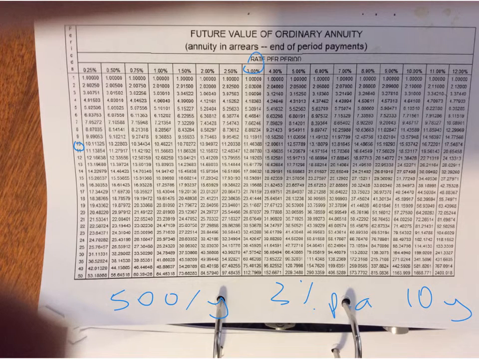So that is this number here, 11.46. All right. So all we have to do is multiply our investment of $500 times 11.46388, and that will tell us how much all of that's worth at the end of that 10-year period,